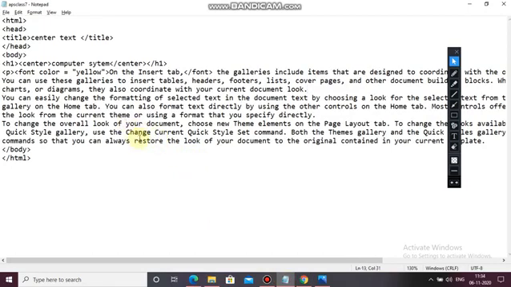Now here you want to change your document, or quick style set command. Now color this.